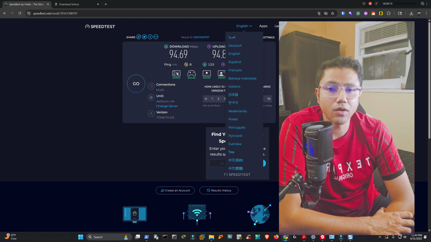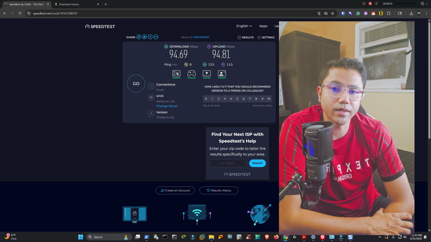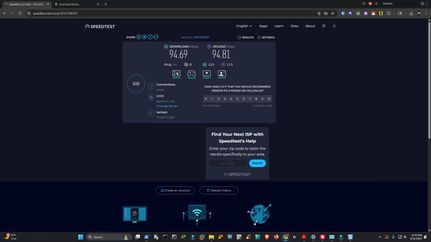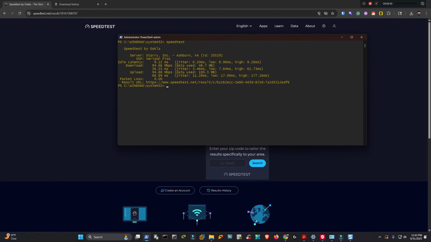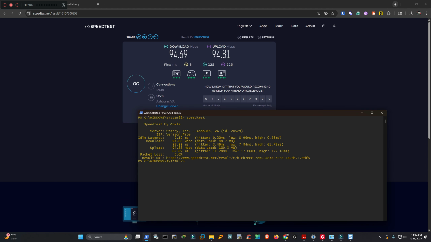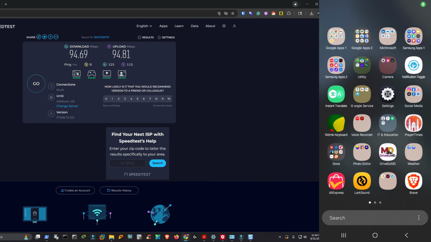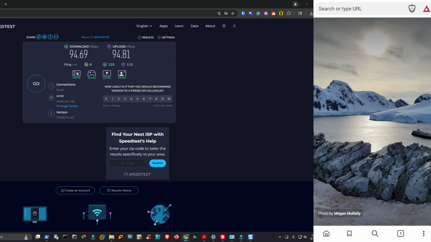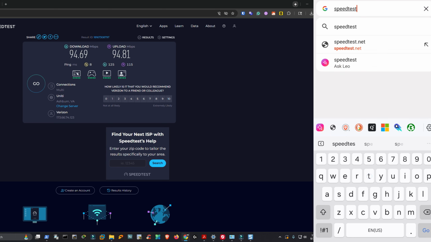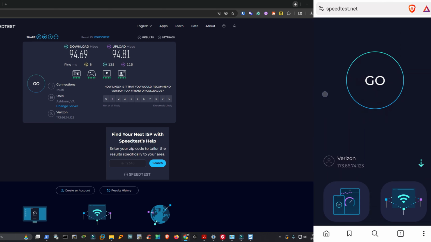Also, your browser has some overhead, so the browser is also consuming some bits and bytes. That's why if you really want an accurate and precise answer, I would highly recommend doing the test via PowerShell. Now if I do a side-by-side comparison, this is a little bit different. As I said, the browser will be a little bit different. This is the most accurate one between these two, but the browser with the graphical user interface is more user friendly and most feasible. That's why people like this one most. You can also run this test with your cell phone, so your cell phone will also have a similar output. Maybe the numbers are different, but you can also do the network test with your cell phone if you go to